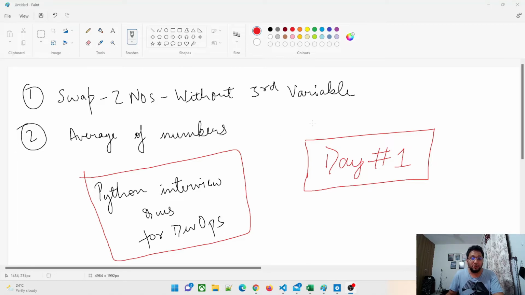So first program would be of swapping two numbers without using a third variable. We are going to swap two numbers, and we're going to take a condition in which the first number is greater than the second number, and the second is smaller than the first number. So these are the two conditions that we are going to take. We're going to create a very basic program,